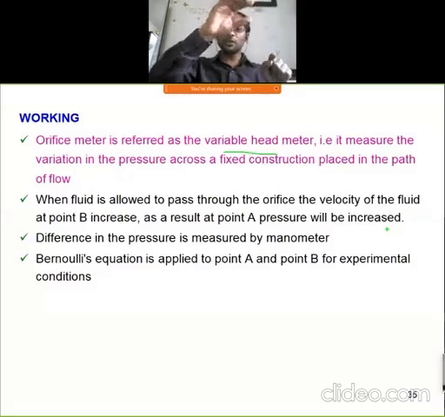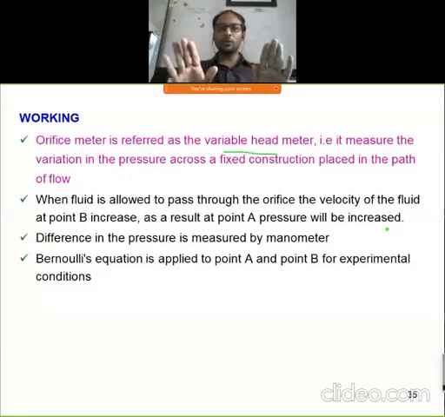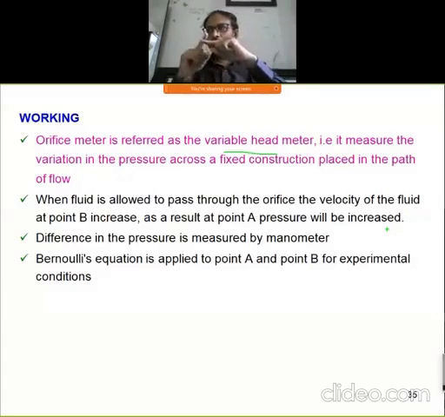So this is the simple fundamental principle, whether we go through the orifice meter, venturi meter, or any flow of fluids. Velocity increases when we give any obstacle to the stream, so in the downward direction pressure decreases. In the upward direction, velocity decreases and pressure increases. This is the principle to measure the rate of flow in any hydrodynamic instruments or methods, whether orifice, venturi, or pitot tube, whatever it may be.